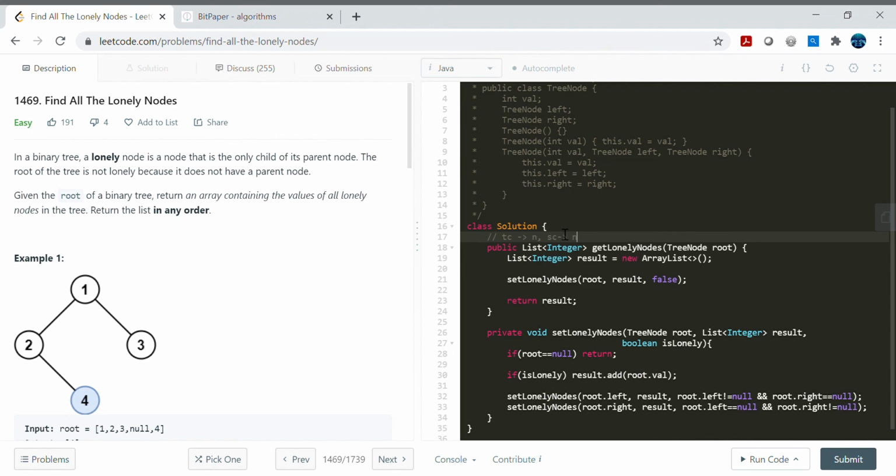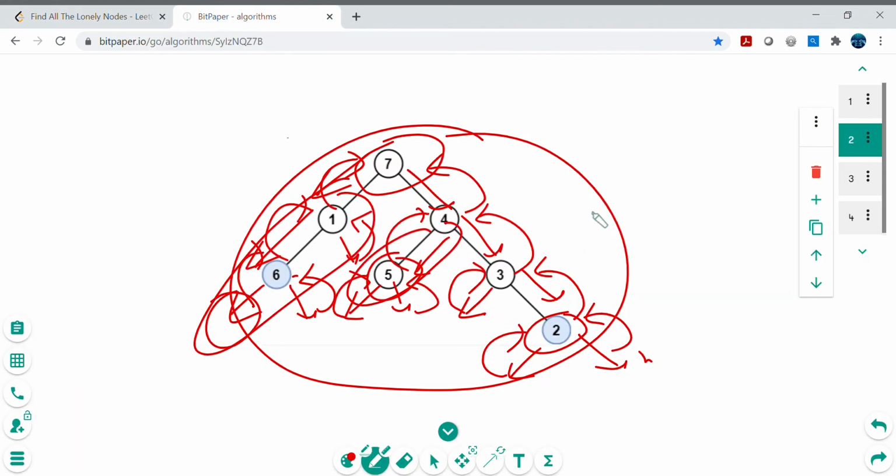is n, the number of nodes here. Why will it be so? Because in the recursion we are just going all the way, so we will end up traversing all the nodes. Space complexity also, basically in the recursion the implicit stack is getting used here. So the implicit stack will end up storing all the nodes in the worst case.